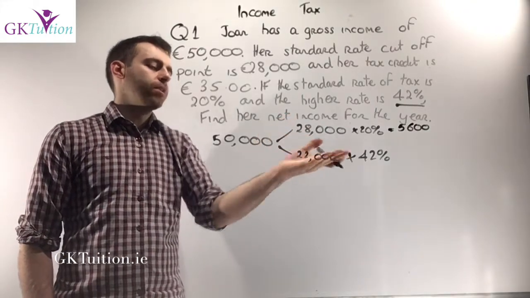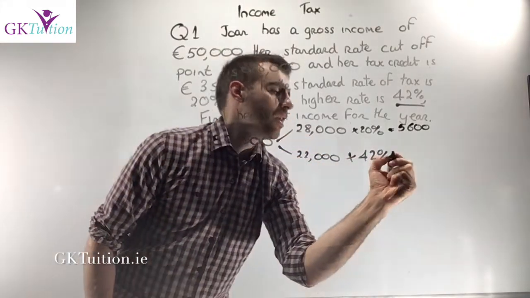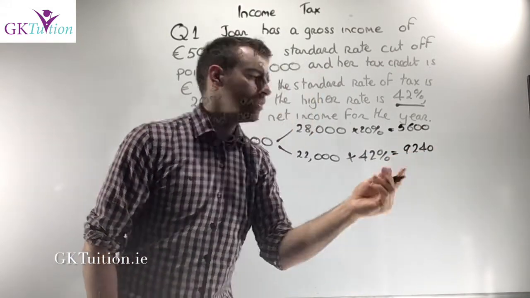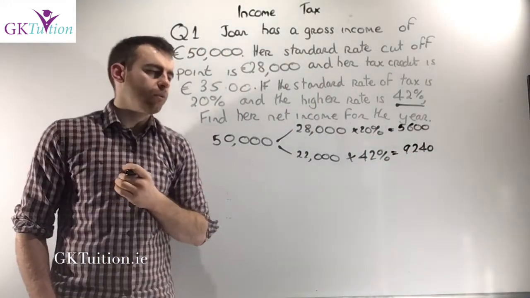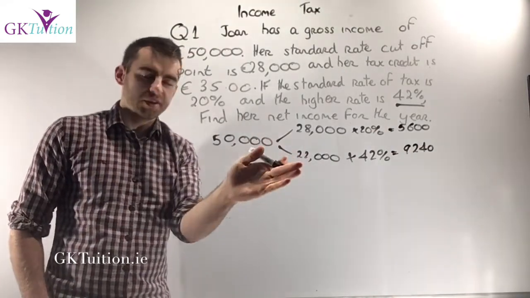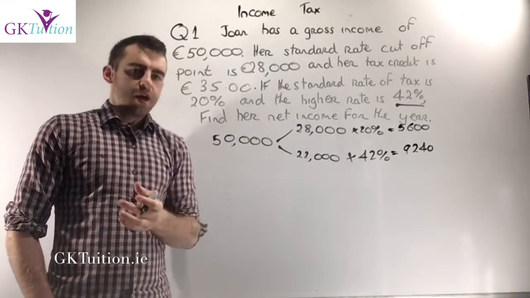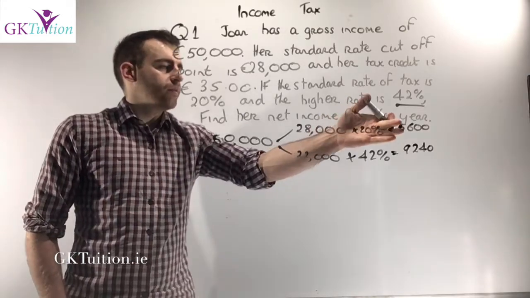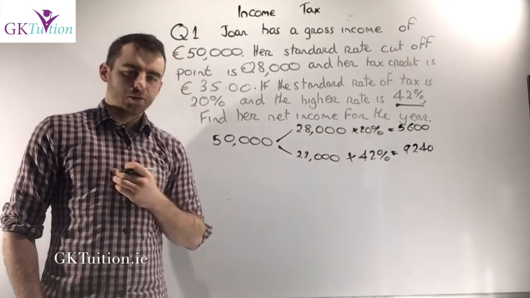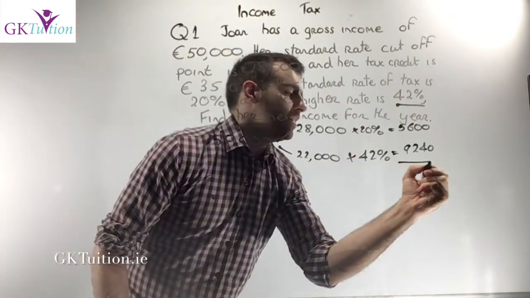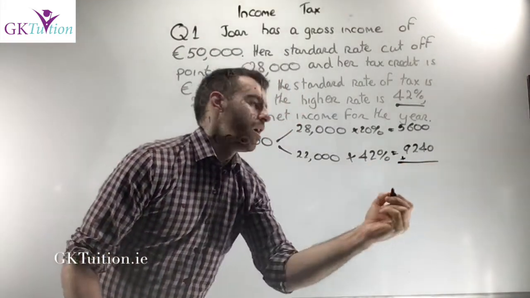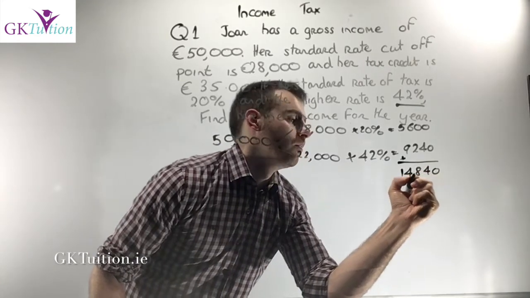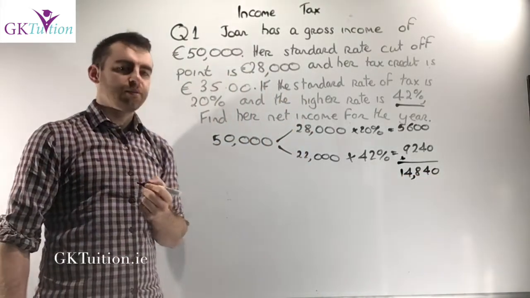If I then get 42% of 22,000, it's going to work out as 9,240. So she's going to pay €9,240 tax on this 22,000. What I need to do now is add up the 5,600 and the 9,240. If I add these two different rates of tax, I'm going to end up with €14,840. So the amount of tax that she would have to pay there is